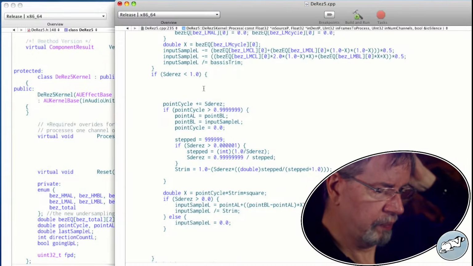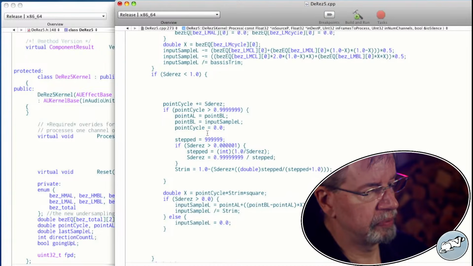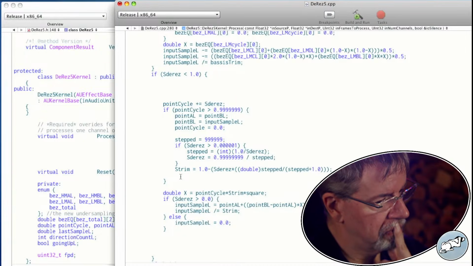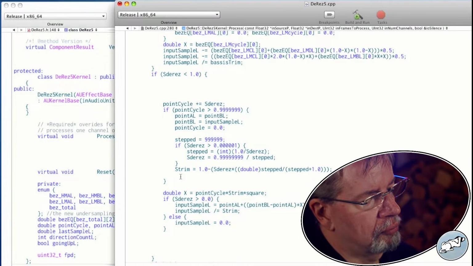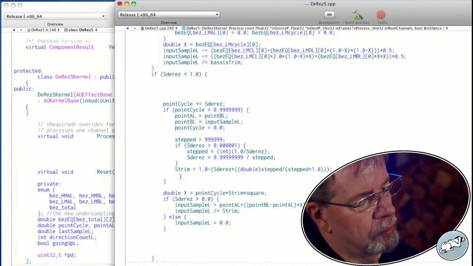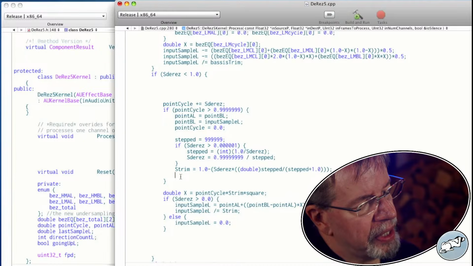Firstly, here's where we start reevaluating stuff. We've got something funny in here.